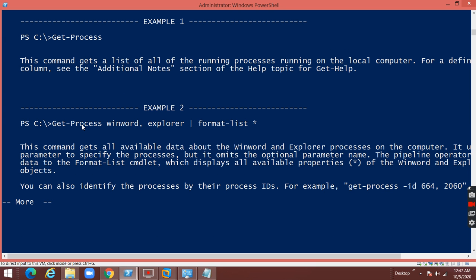Like that, you can verify with the name also. Get-Process winword, explorer | Format-List *. It will display winword and explorer if these two are running. Let's verify that one. Get-Process